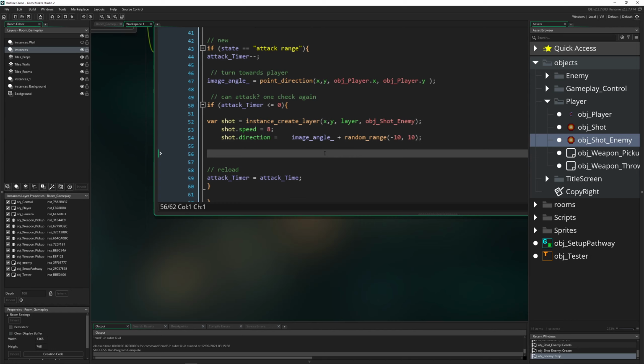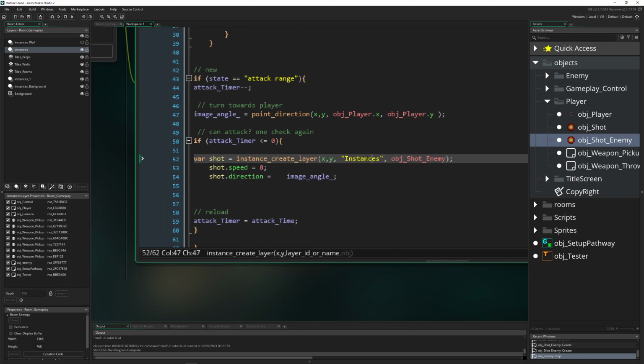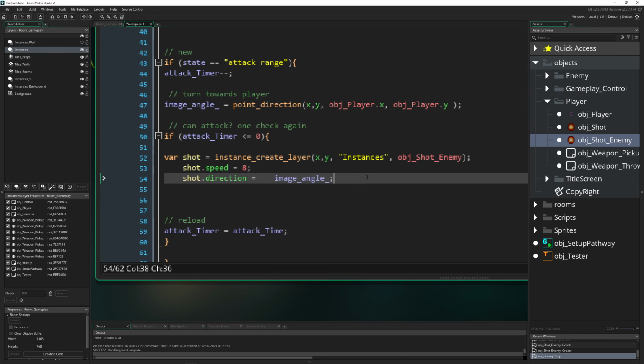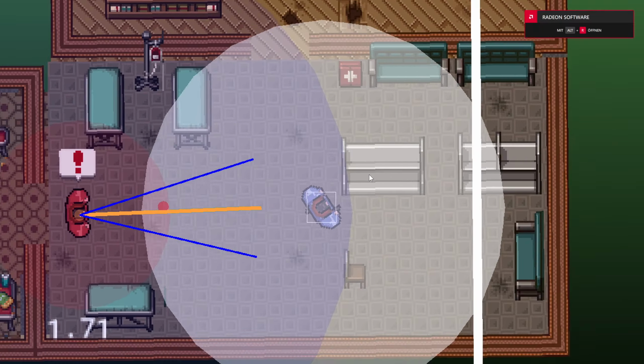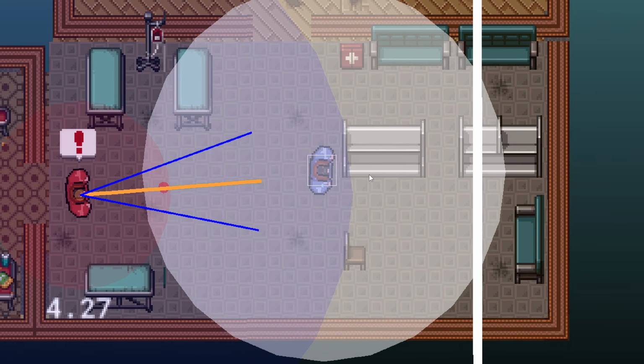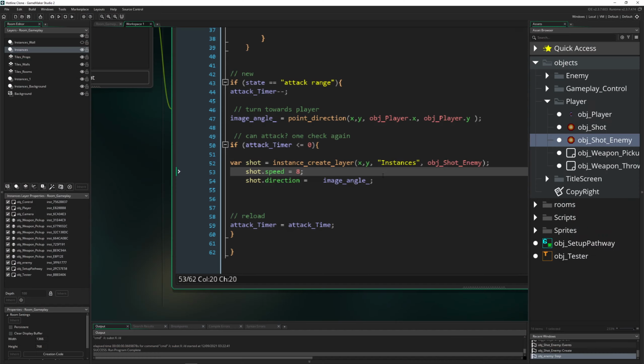So let's check this out. Already a really strange thing, I was not sure what that is. So basically I just input instances instead of layer. So let's check this out once again. Alrighty, so we are shooting. As you can see, the enemy is perfectly targeting us. Alrighty, so this is working, and now we are kind of stuck in a loop, which isn't too good,